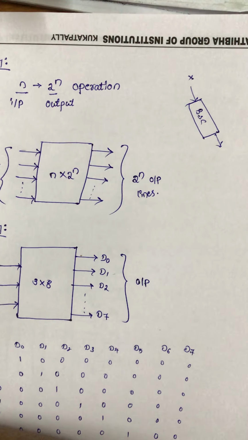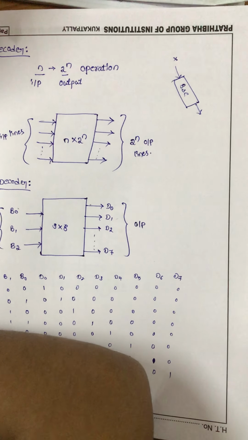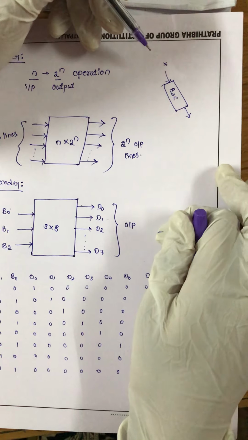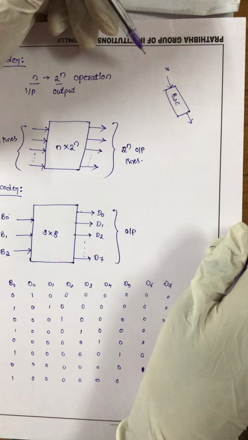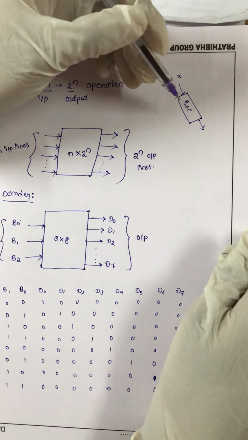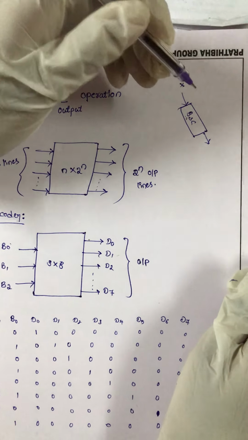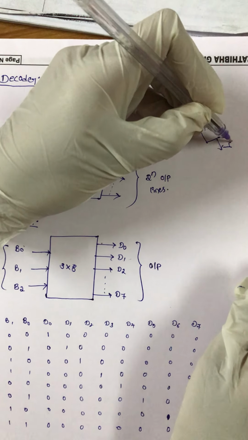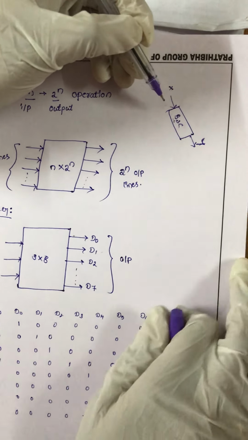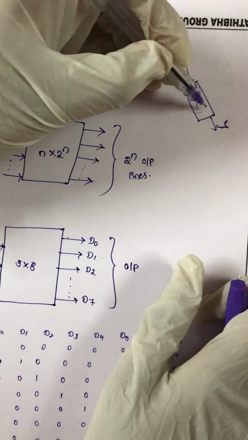Good morning students. Today's topic is decoder. So decoder means first of all we have to transfer one information from the source to destination. So here our information is BCD. Now we have to transfer the BCD information from the source X to destination Y without entry of a third person. So we have to provide security for this information.